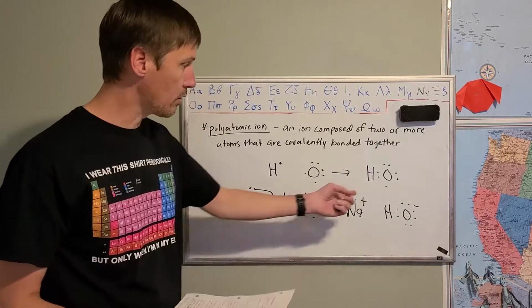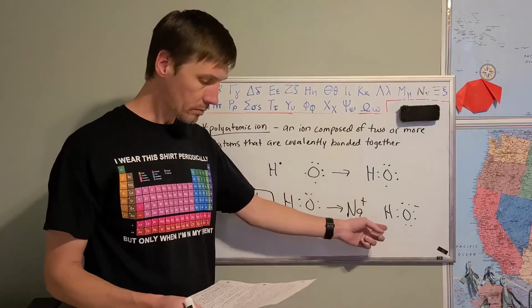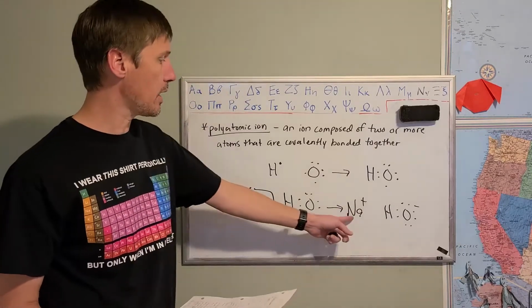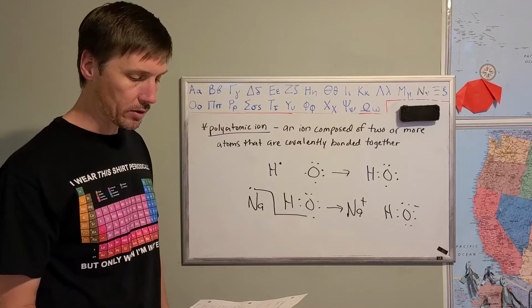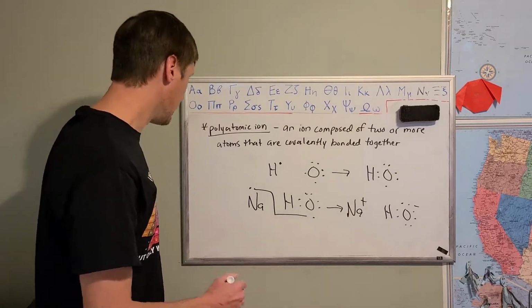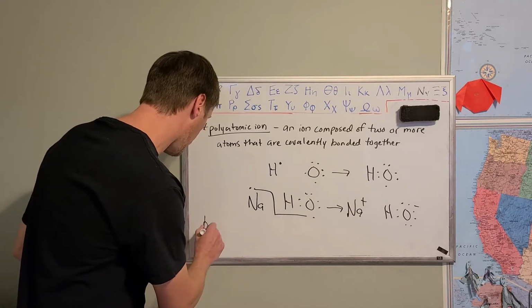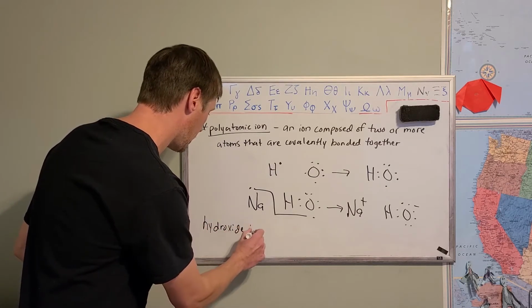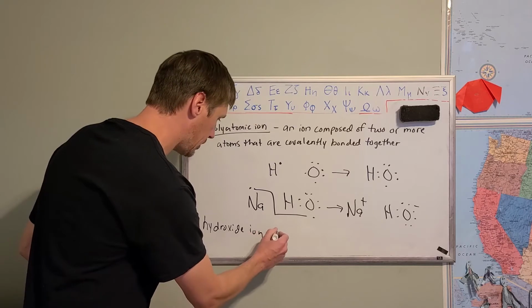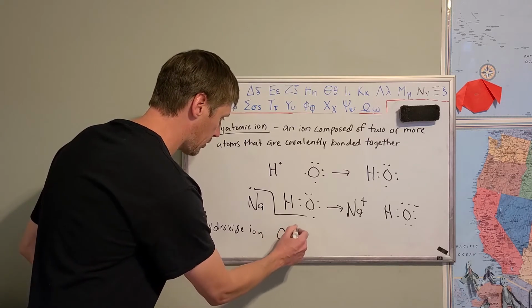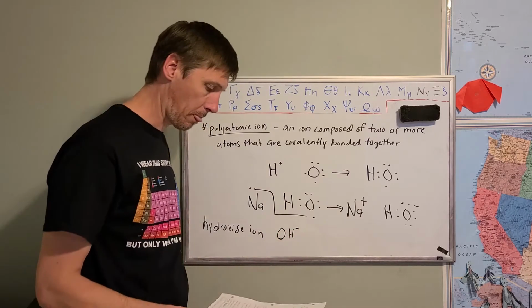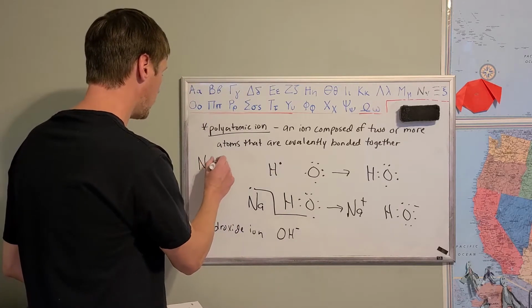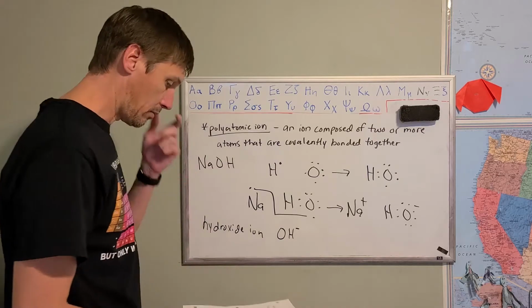O and H are covalently bound together, but they've also received a valence electron that was donated by the sodium atom, and so it becomes the hydroxide ion. The hydroxide ion is one of our common ions, and it is basically OH with a negative charge. All right. This full compound, if we were to write it out, would be NaOH, and we would call that